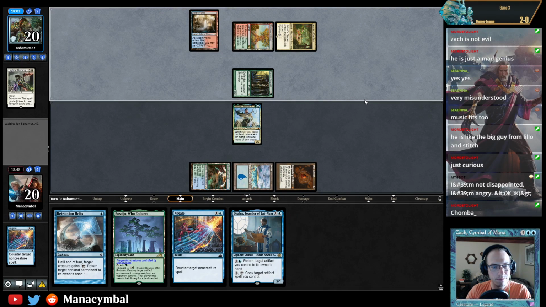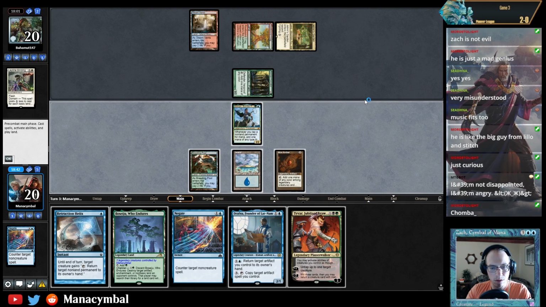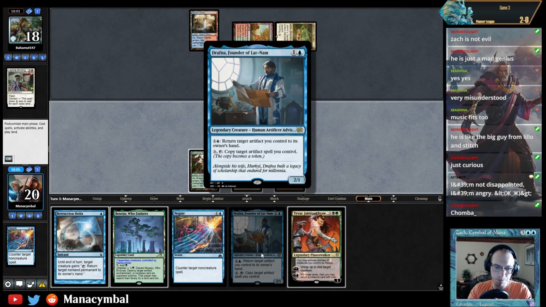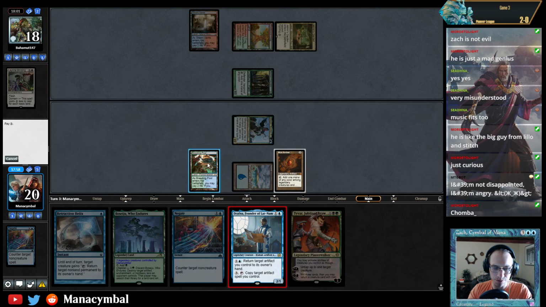Negate. Don't dispute me. Thank you. Okay. I don't have black mana. So I think we'll just play Drafna this turn. Do I want to play this Boseiju? I don't think so. This could be useful if they have another Retraction or another Leyline Binding. And I know I have a Negate, but